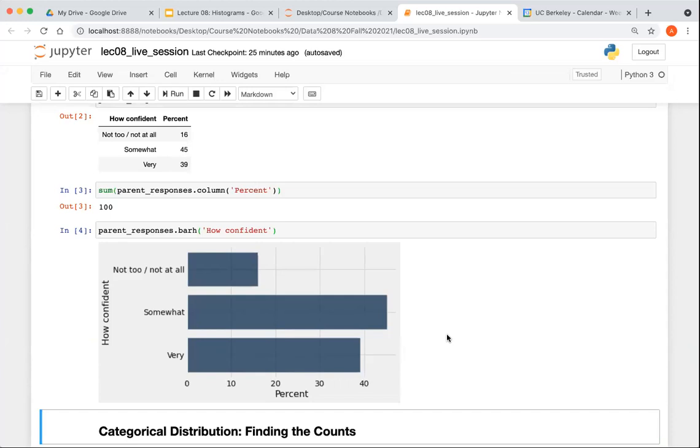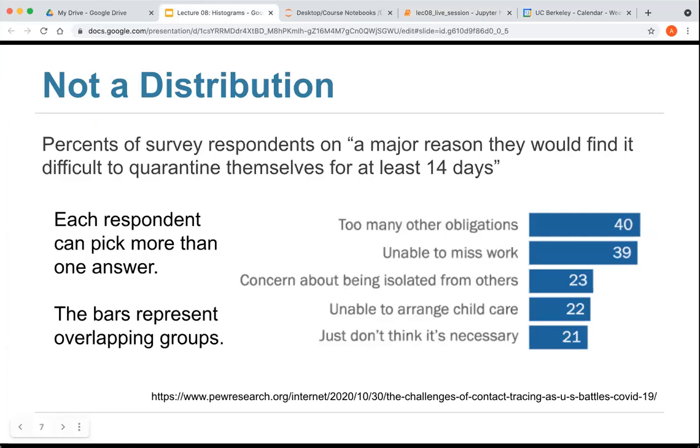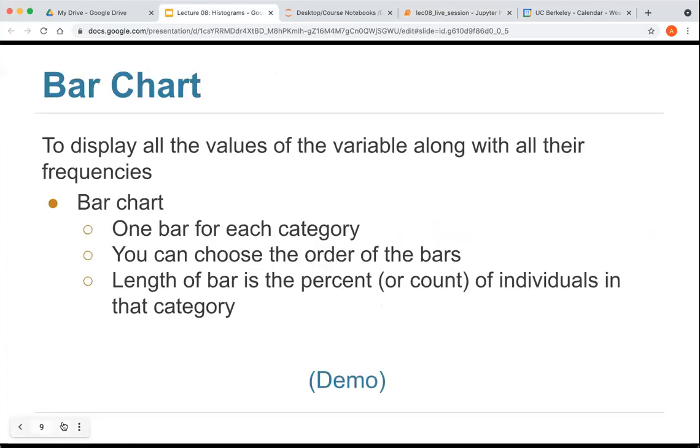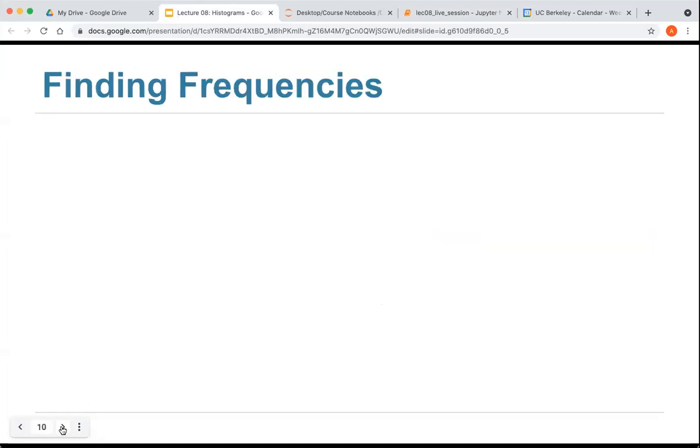So each individual had given one response in one of the categories, and somebody had gone and counted, right? How many individuals, how many parents in each category, and then we have those aggregated data and we drew the chart, but sometimes you have to do the aggregation yourself. Okay, this we've already seen. This is a summary of what we've just done. It is a bar chart, and you choose the order of the bars. But sometimes you have to aggregate.